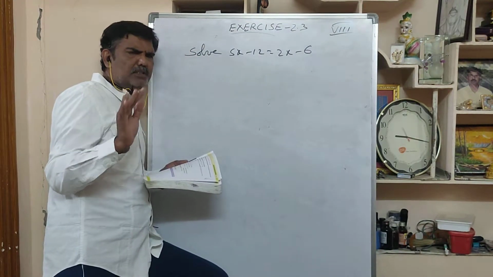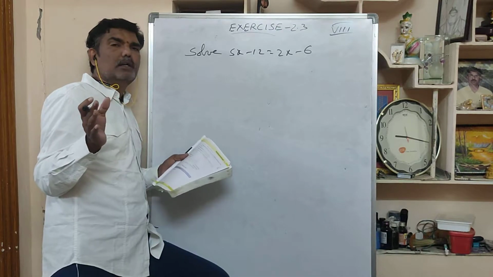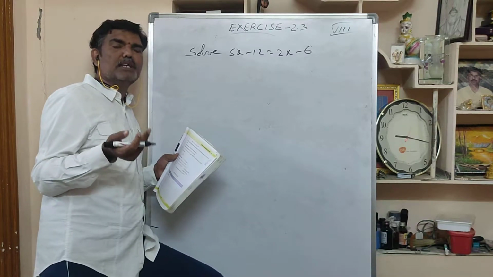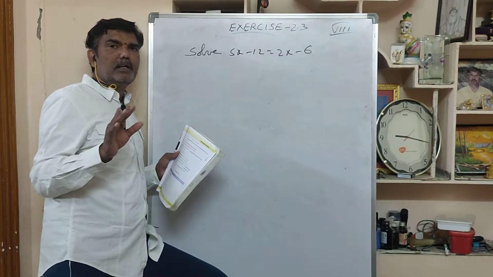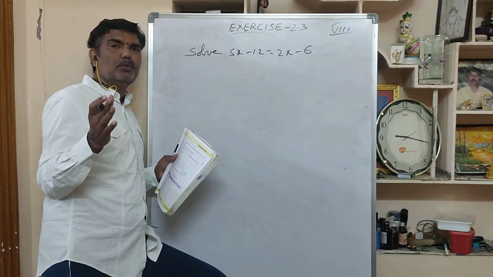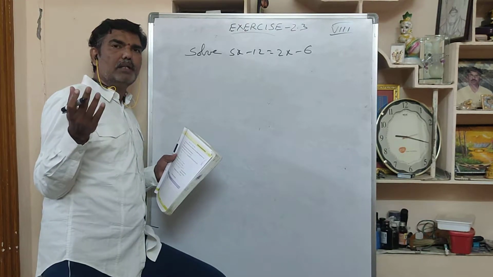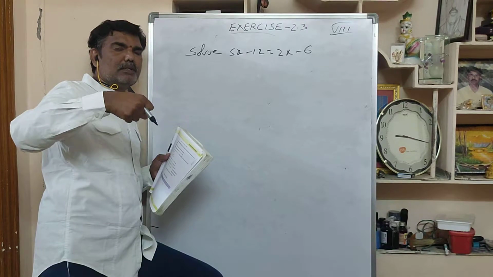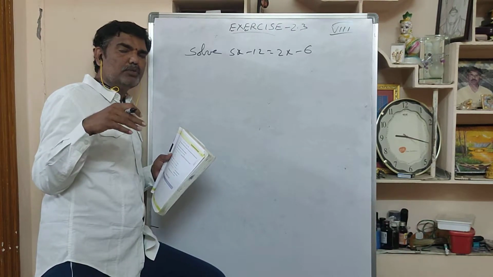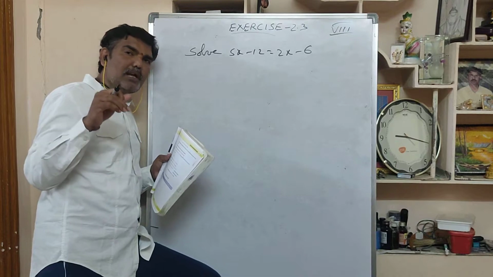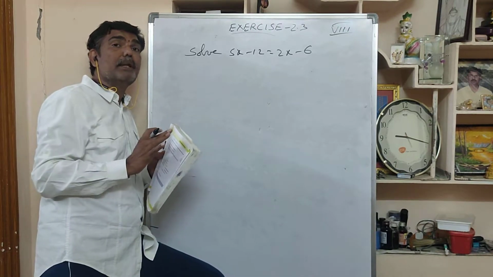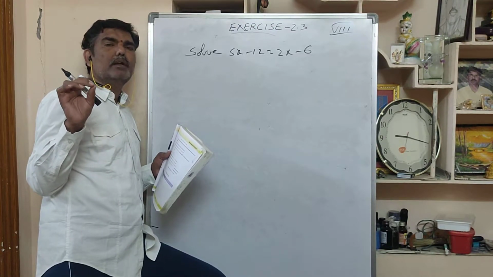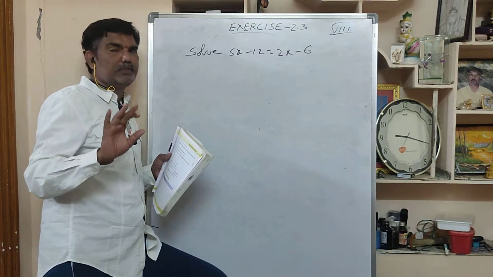The first step you have to do is separate variables and constants. Bring constants to one side, variables to one side. If you go to the market, what will you do? Your mother or father will bring vegetables, and all the vegetables will be carried from the market to the house in one bag only. After coming home, you will separate all the vegetables. Each vegetable will be kept in one cover or something, and you will keep them in the refrigerator.